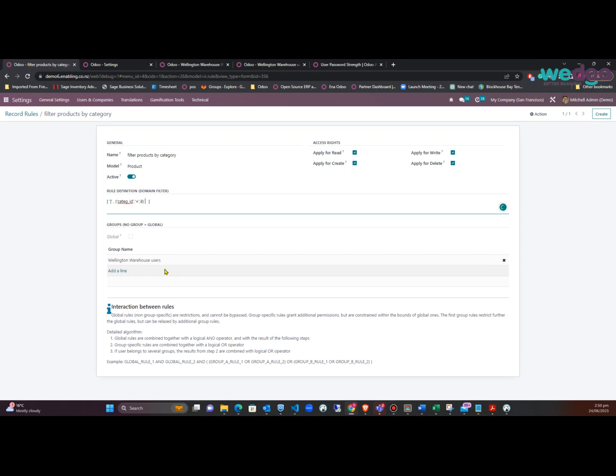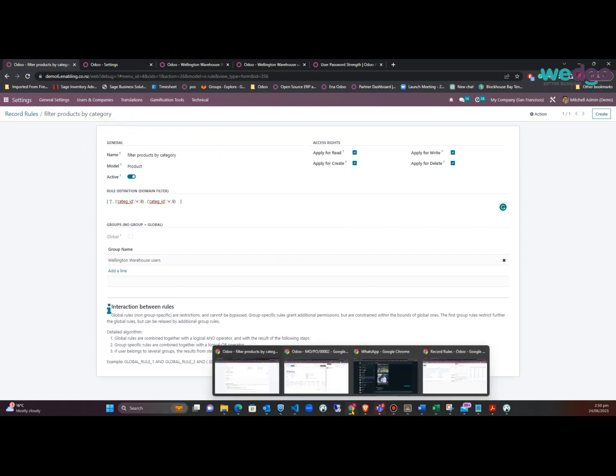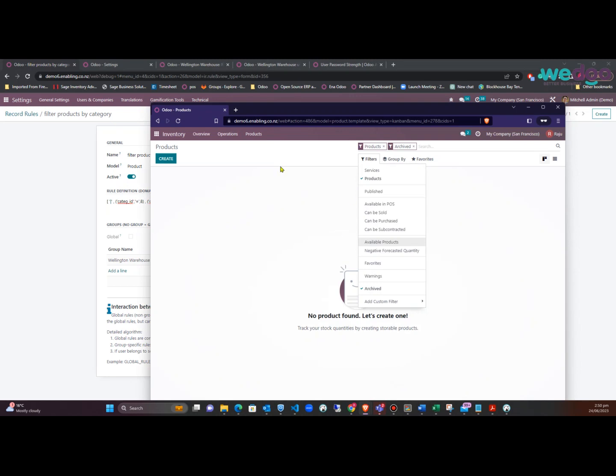So I can just duplicate this, and I can say category ID is equal to 9. Okay, and if there is a third category, I have to add one more pipe again, and then the actual filter that I need in here, right? So now that I've done that, if I save this, and if I then go to the product, if I go into the other user's login in here, and if I go in here, refresh,